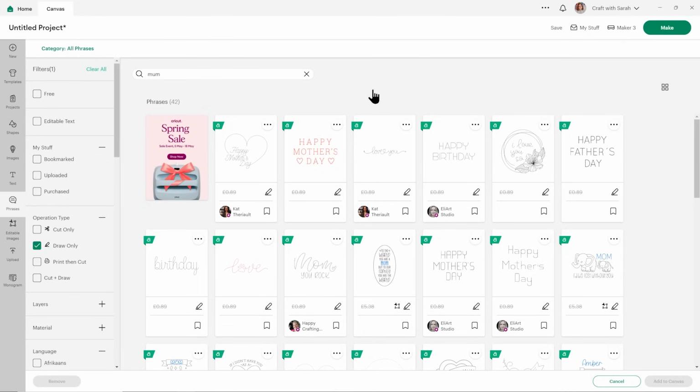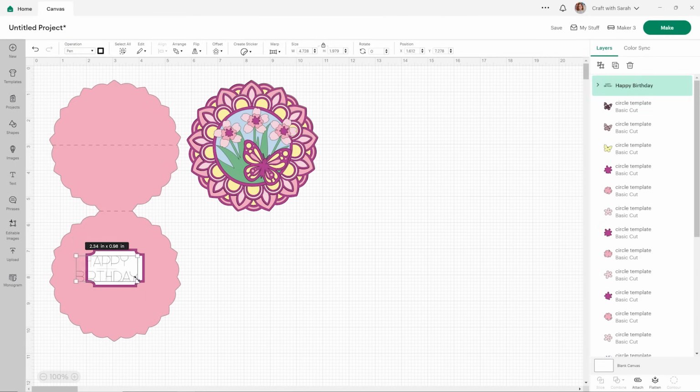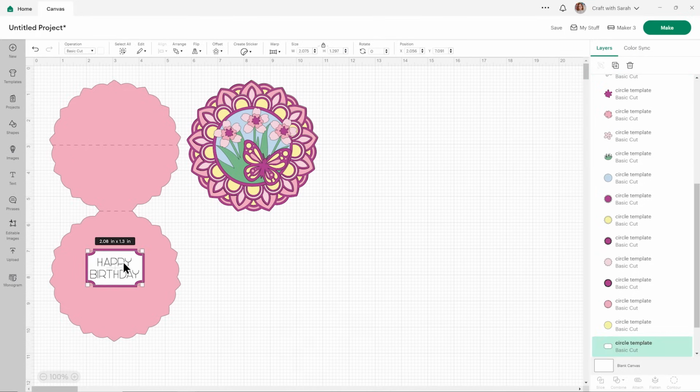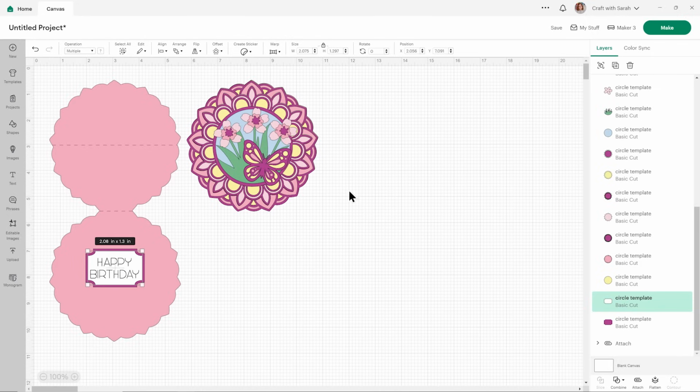So maybe I could do just a simple happy birthday. Make it smaller so it fits. Select that layer and press Shift and choose the white square as well. Let's just check. Yep, there it is. And go align center to put the text exactly in the middle.